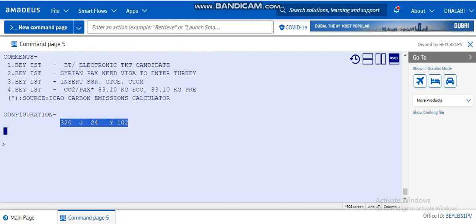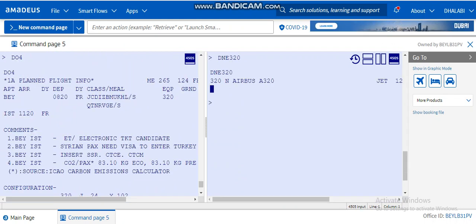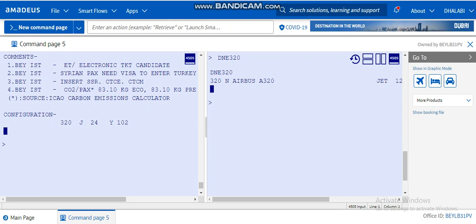The configuration of the flight means the type of the flight, how much we can book on it in business and economy class. As you can see here, 320. We checked 320 here, it is Airbus. And J means J class, which is business class. Now we will check the classes. J class is for business and Y for economy. So what are